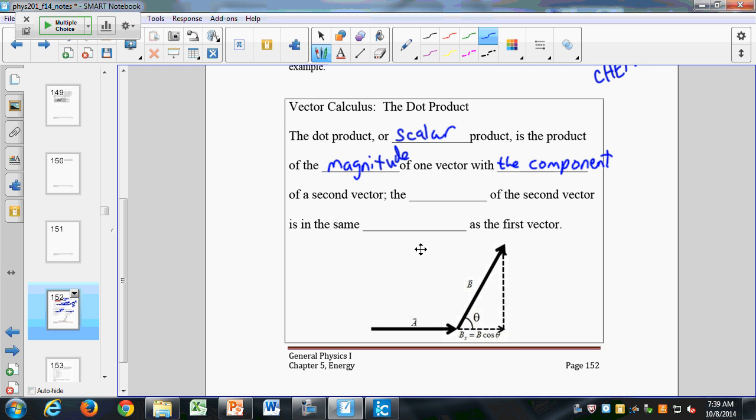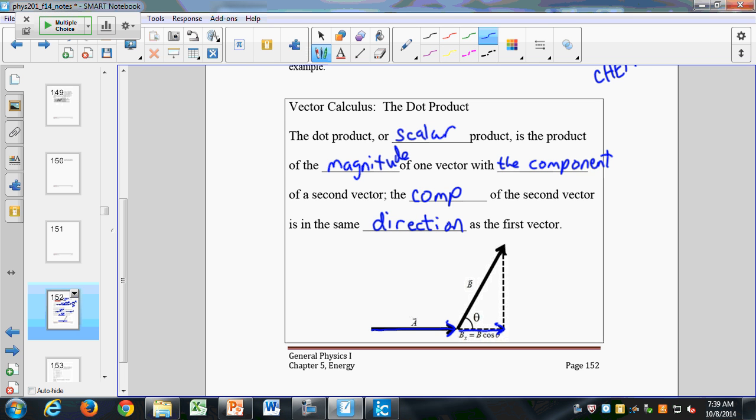And then the component of that second vector is in the same direction as the first vector. So basically, let's say we have these two vectors, A and B. We're going to take the magnitude of A, which is the length of that vector, and then multiply it times